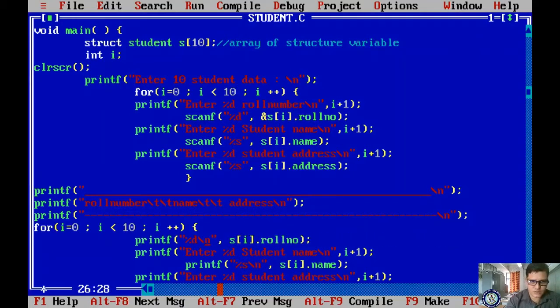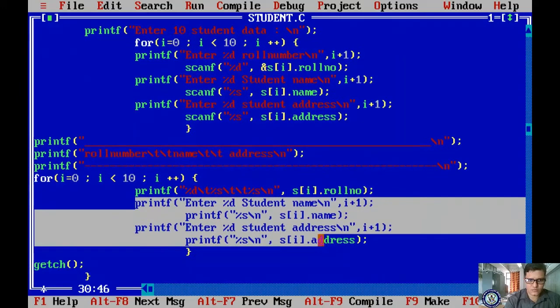%d slash t, percent s, within one line of a statement I will finish. Percent s slash t, percent s. So ampersand roll number, afterwards first information slash n. That's it, we don't need this.